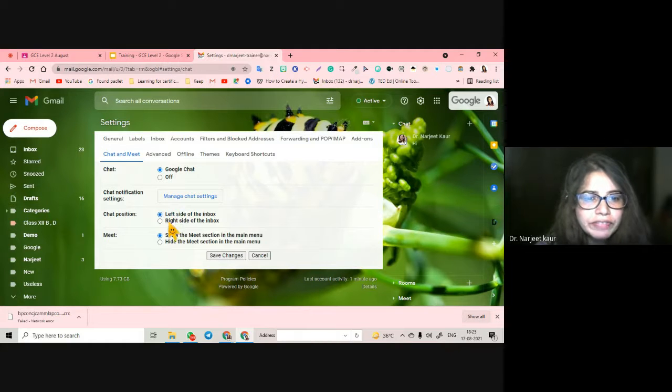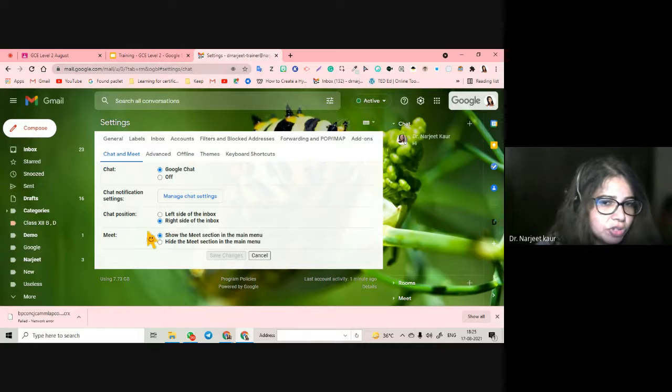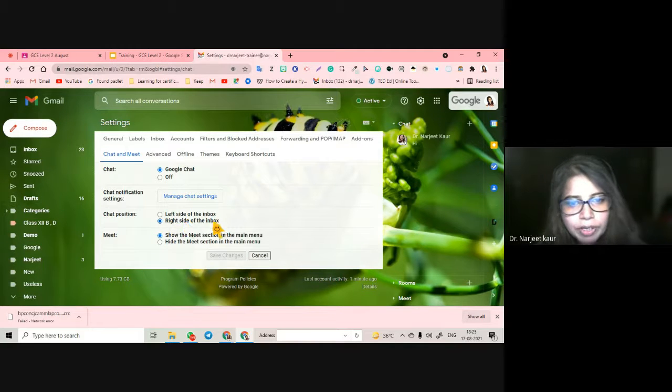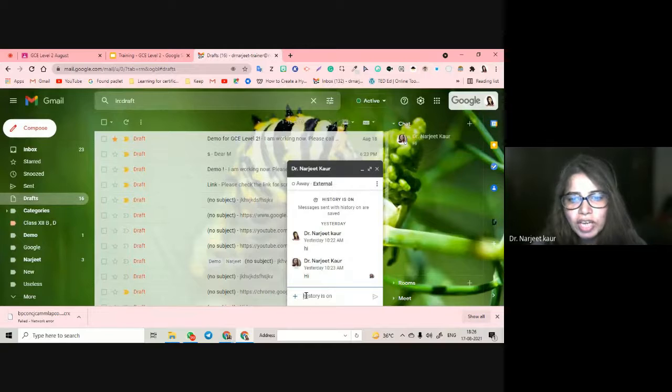This is the left side where the chat usually is, but I probably do it on the right side of the inbox, right? Why? Because it gives me another window open for my chat, a huge window open. So I can start with Google Chat with anybody that I want. I can open the chat. I can start with the history, and remember, whatever you write in the chat is noted in the history. History is not erased. तो ध्यान से chat करिए जिसके साथ भी आपने करना है.